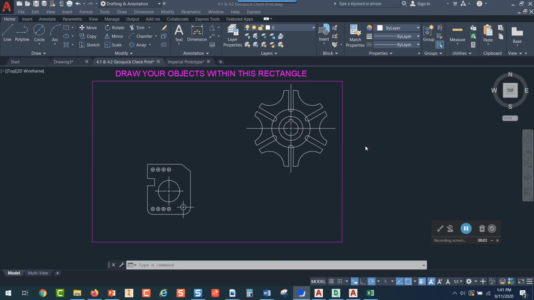This is a video showing how to create a PDF of the two objects that you drew in the Geoquick, the gasket and the cam. So after you finish the gasket and the cam, which have been drawn in model space, and we haven't really discussed that much yet, but right down here it says model, lower left corner. If you click on the tab next to it that says multi-view,